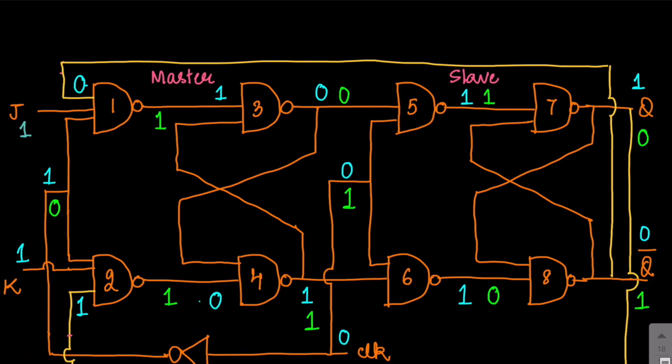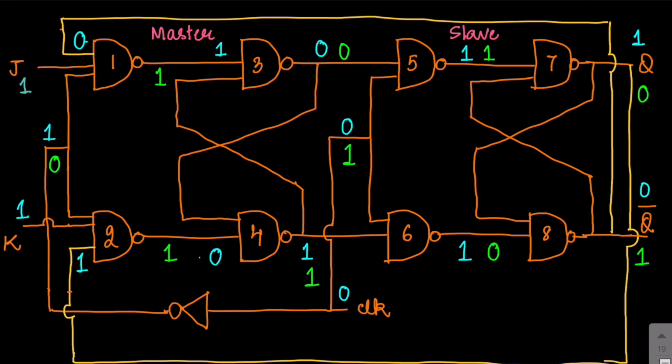It is as simple as that. You just need to invert the clock now. The slave should be given the original clock and the inverted clock should be reaching the master. If you do it this way, then your circuit will function in the opposite scenario, in which it will become a positive edge triggered circuit.